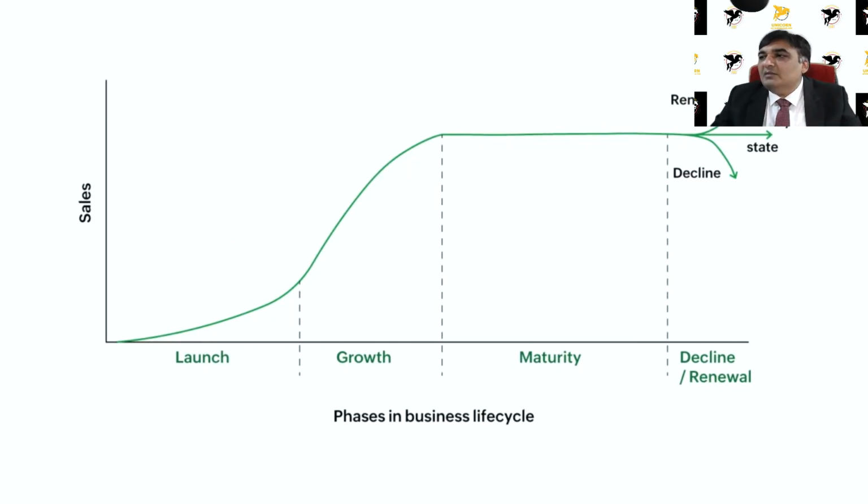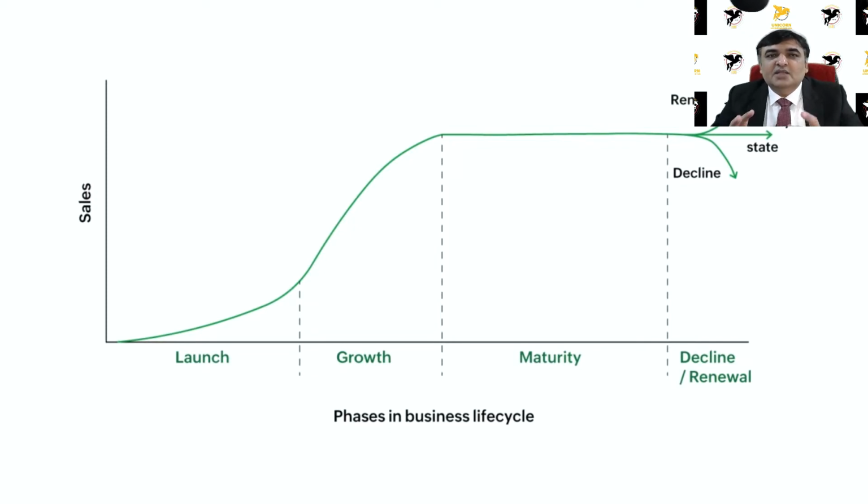In this process, this is something that happens with most businesses: when they launch, they pick up their sales, they go into growth mode, everything is increasing, and then at a certain point of time, the growth stagnates. This is the most vulnerable phase for a business, because at this phase, most businesses either stagnate forever, with entrepreneurs or business owners never knowing what to do with their businesses, or they decline.